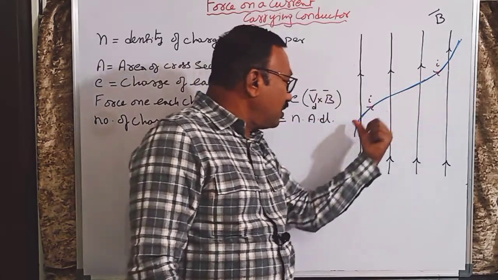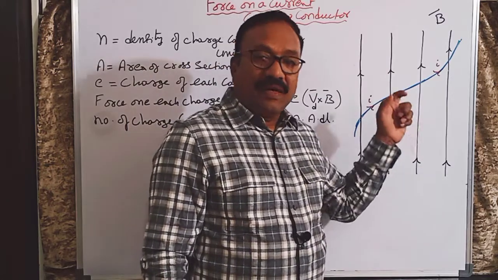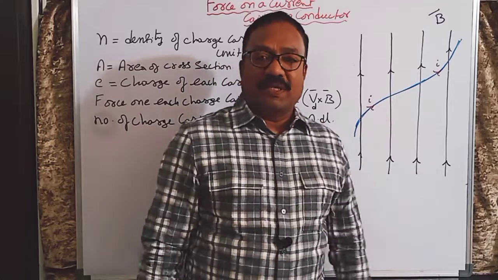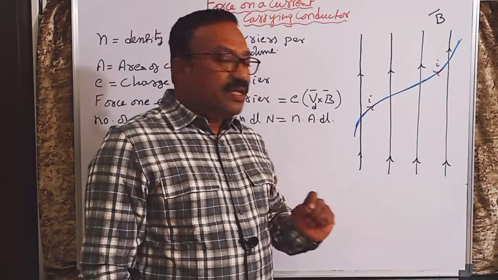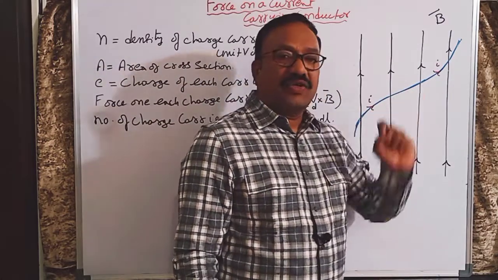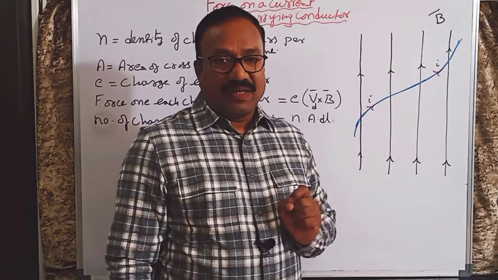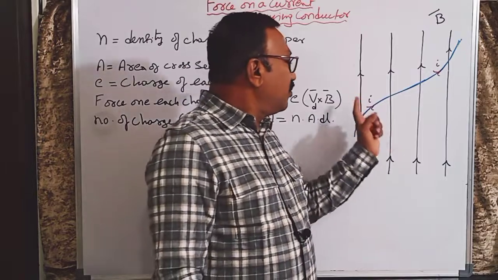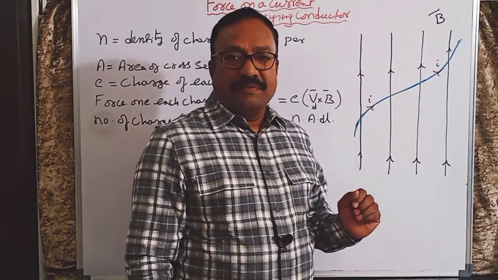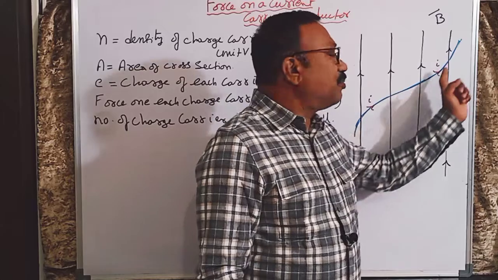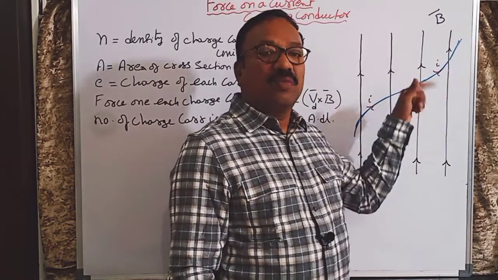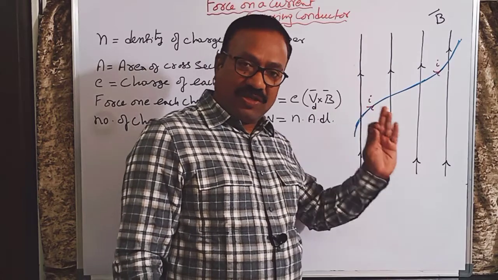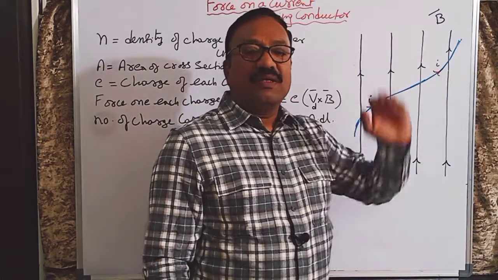That is, in this direction electrons will be flowing. They are charged particles moving in a magnetic field. That is why the conductor also experiences the force. But generally, we show the opposite direction for the flow of electrons, the conventional current. Even in current electricity you studied this everywhere. We will be showing the conventional current only. So you have to assume that a positive charge is flowing opposite to the flow of electrons.